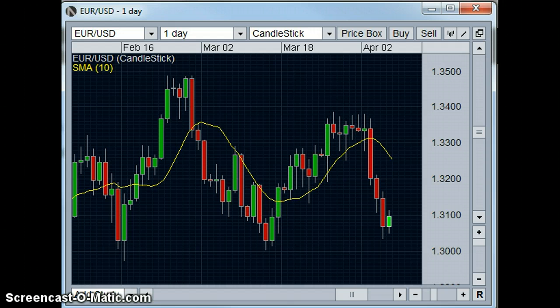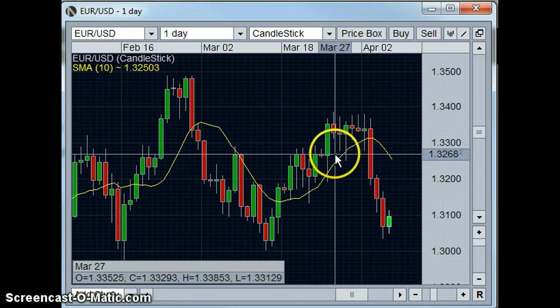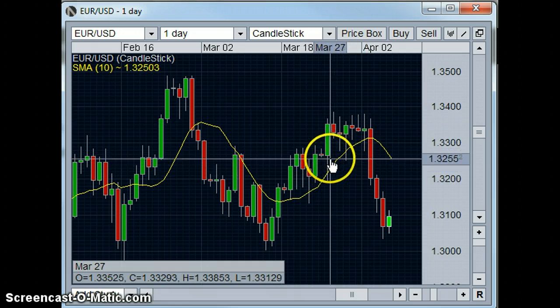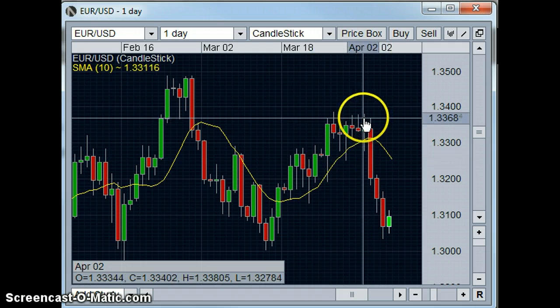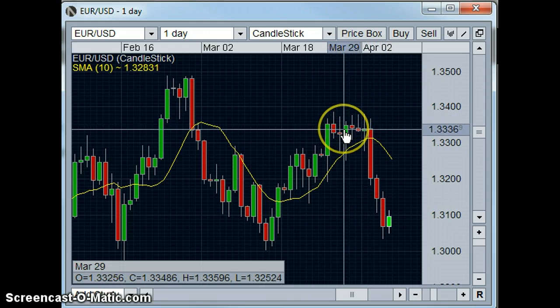So first and foremost, I'm going to start out with a daily chart. As we can see, simple daily chart. This is the euro dollar 10-period moving average, and I'm going to focus on this April 2nd point because the key thing here is that the daily chart gives us the trade bias. So we're only going to take long trades because we're above from April 2nd before up to April 3rd. We're still in the uptrend, so we're only taking any trades that are to the long side from